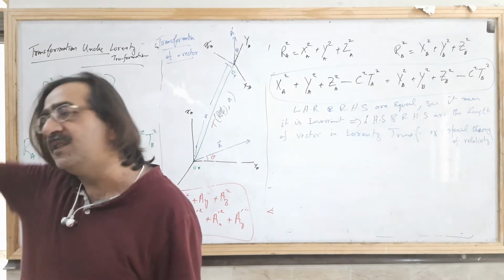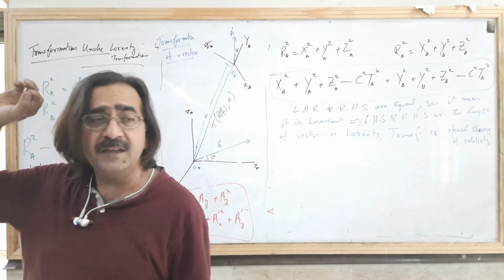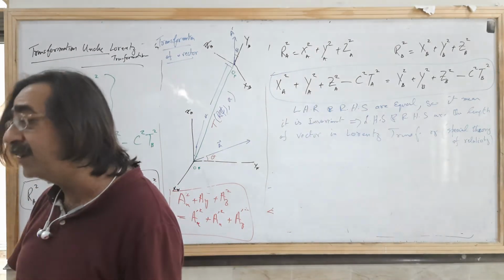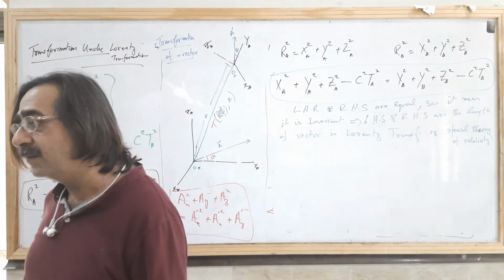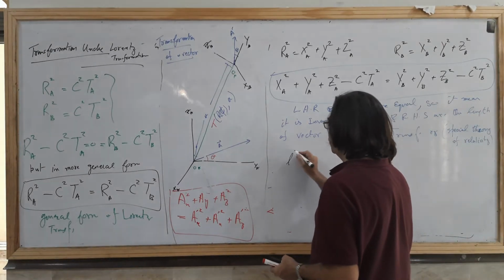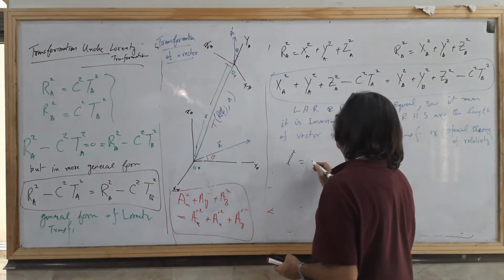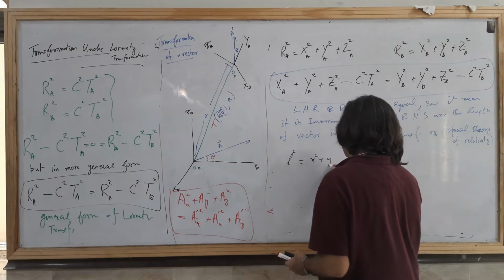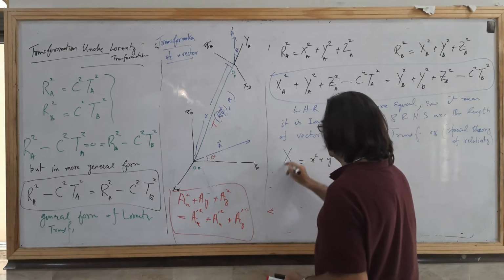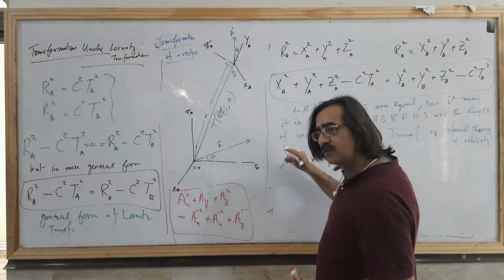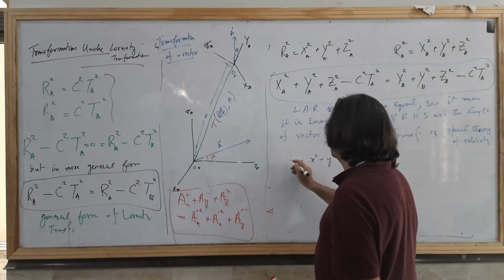If that is A, B, C, D, E, X, Y, Z, in any other frame, this length, this quantity, will remain conserved. So this will be defined as the length of the vector. So what is the length of the vector? The length of the vector is L square. If A square is a vector, then that will be X square plus Y square. Generally I represent the vector by X. Will it be understood, or should I write L? Okay, write L, friend. Don't get disturbed.